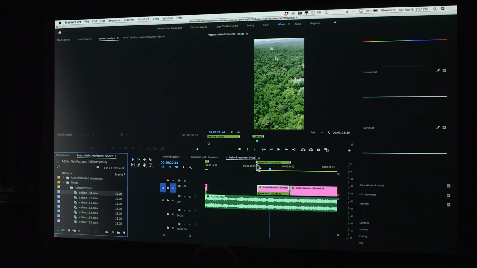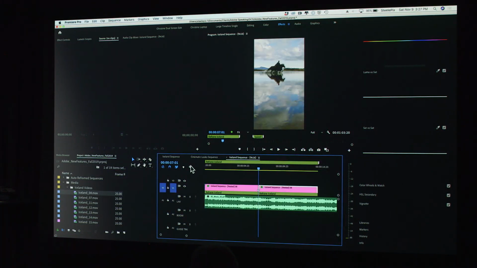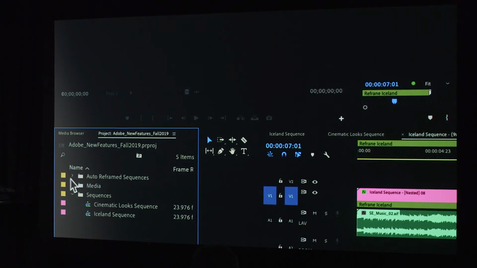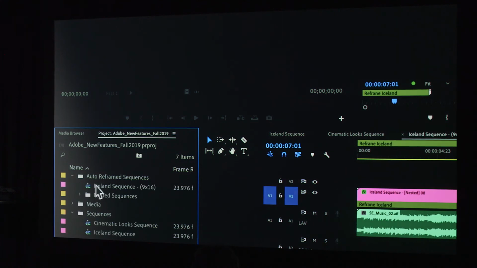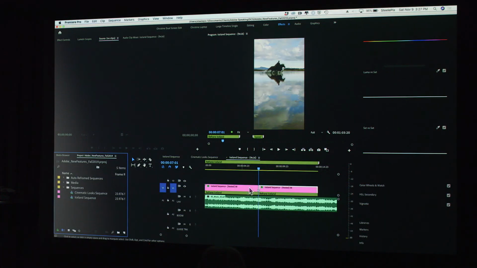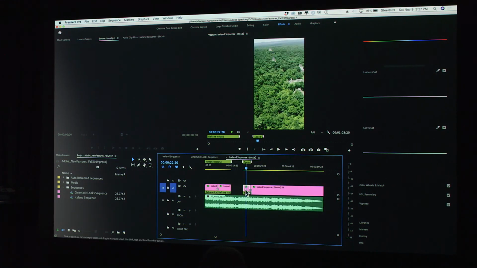But I just want to point out, once it creates this reframed sequence, do you see how it automatically created a folder, a bin for me called auto reframed sequences, and it put that in its own bin and marked it for me that it had been reframed to 9:16. I didn't create that bin, it did it for me, and so it creates the nested sequence organization process for you, since it's creating a nested sequence. And then you notice, see how the clips turned pink. So I like that option. Anyway, I wanted to point that out before I move on to speed changes, and just to show you that